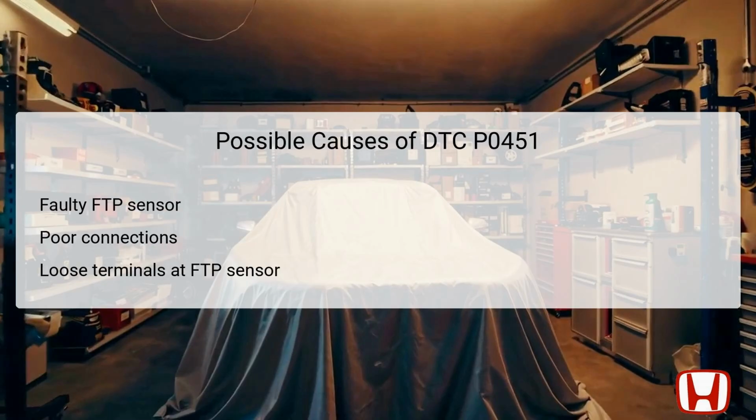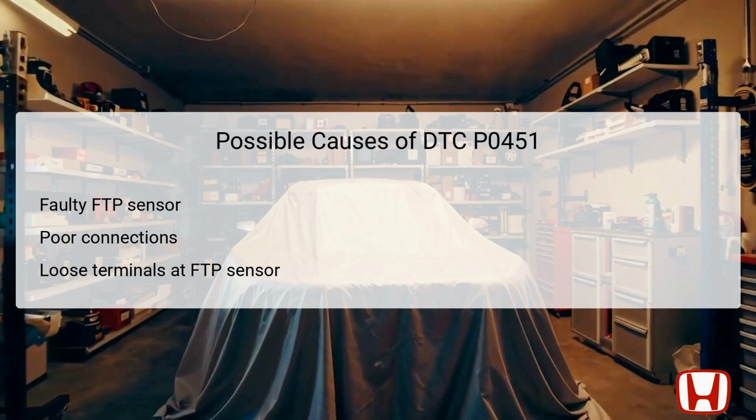There are multiple potential causes that can trigger DTC P0451. A faulty or malfunctioning FTP sensor is the most common reason for this DTC. If the sensor is damaged or its internal components fail, it can lead to incorrect pressure readings. Additionally, poor connections or corrosion at the FTP sensor can interrupt the signal to the PCM, causing it to misinterpret